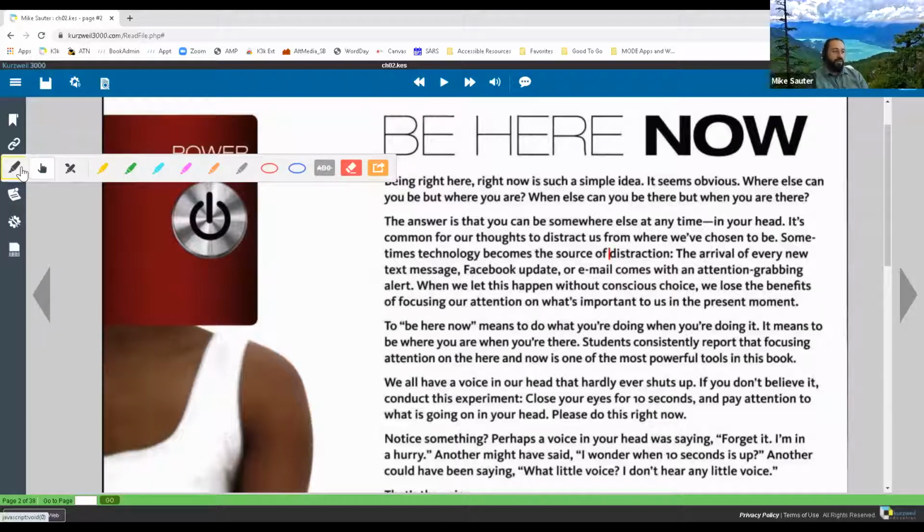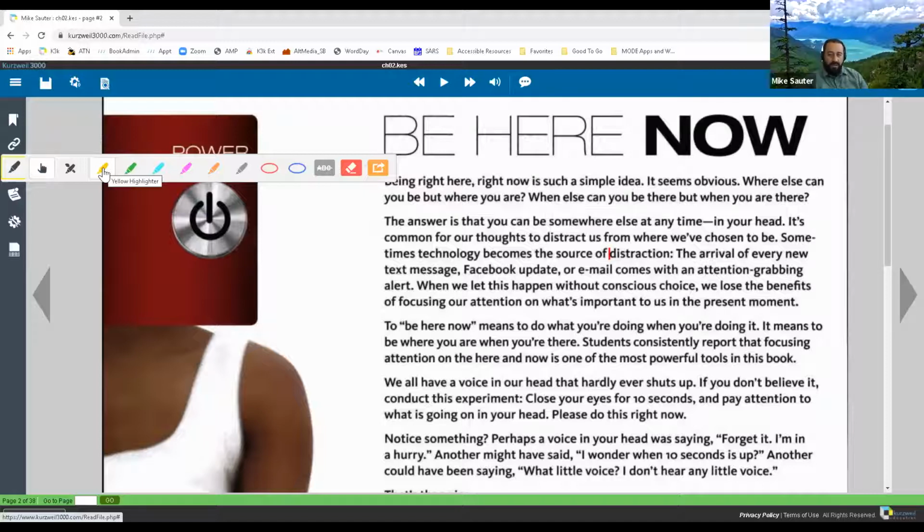Now, within the toolbar, the first thing you probably notice is the colors of the highlighters. As a default, the color highlighters that we have are yellow, green, blue, pink, orange, and gray. Now, those highlighters are set in that order, and they actually have an order of importance or hierarchy. So the first color, yellow, is our top level highlighter. And green, blue, pink, and so forth go down in the level.